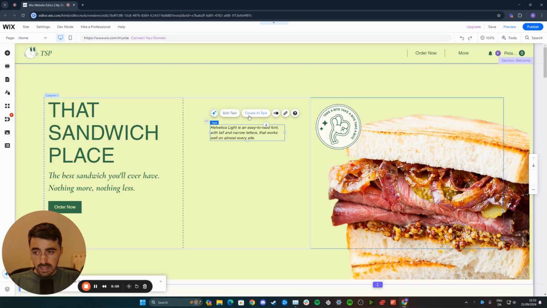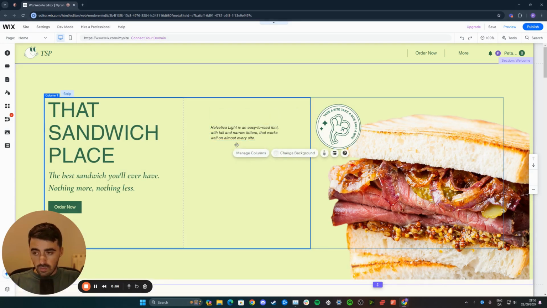And from here, you can edit the text. You can create AI text as well. You could animate the text. You can also make an internal link and a bunch of different options like that. And yeah, that's pretty much it. That's how to add